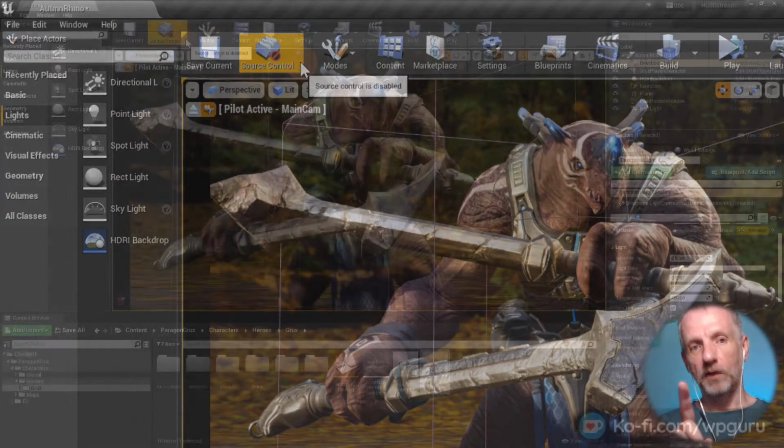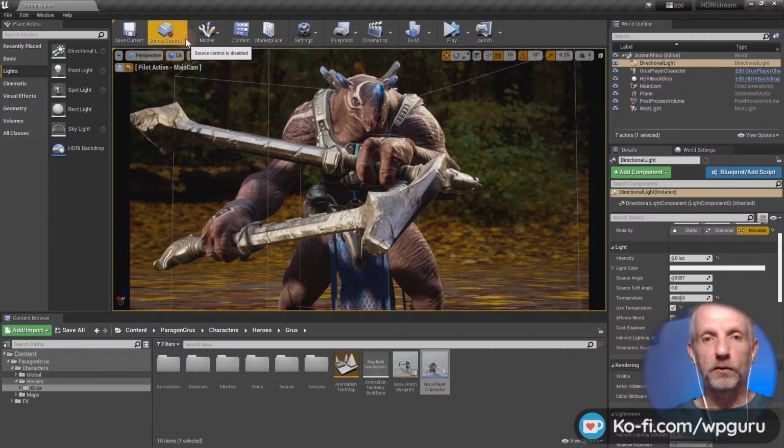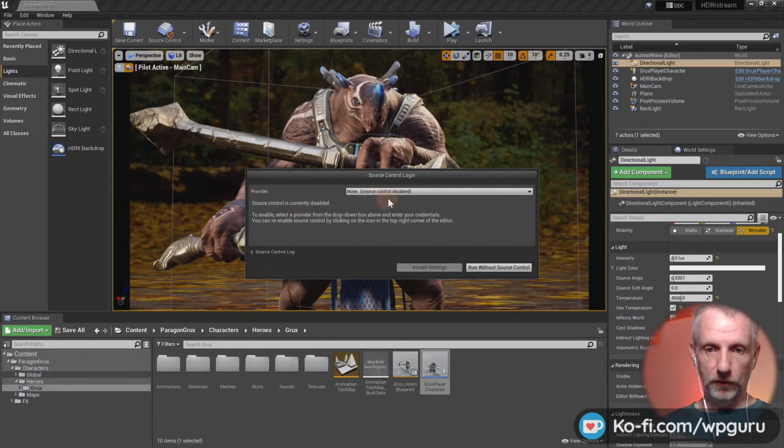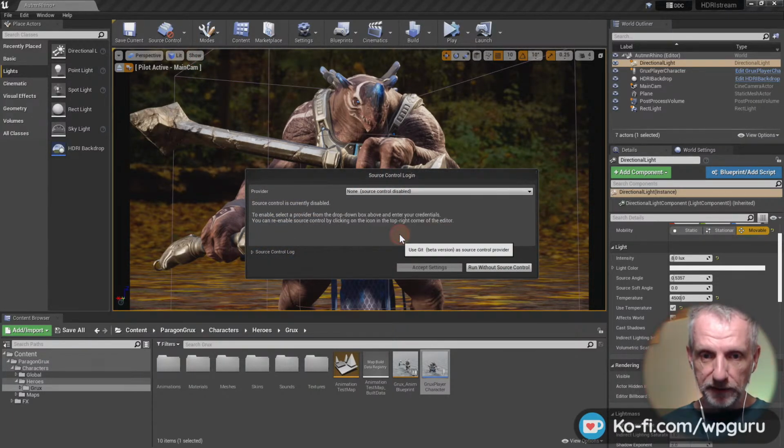And if we've seen one thing in the past, it's that Unreal Engine tends to just go off the rails, and I'd like to create myself a point of the project to which I can go back and work from. So if I screw something up now, which is likely to happen, I can always go back to this point. So let me connect to source control, and I'm going to choose Git,